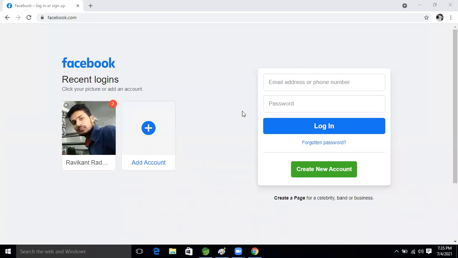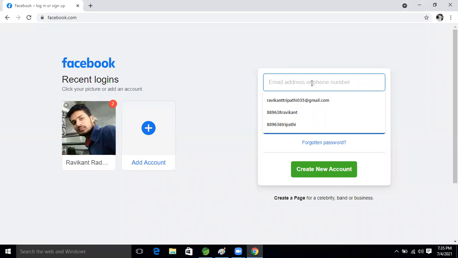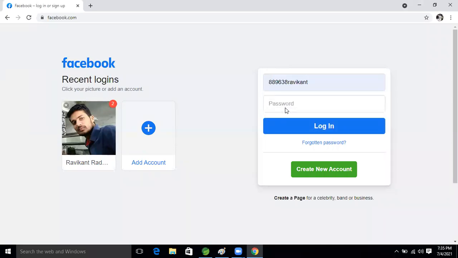If we want to send the data, whenever we put in the username and the password and click, this data is sent to the server, right? Yes, Ravi.